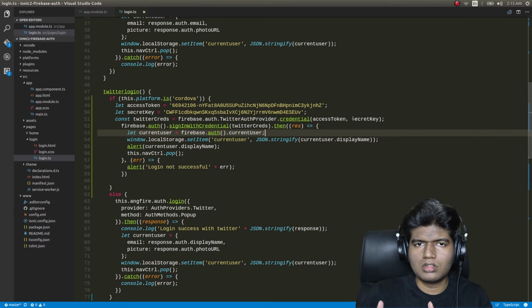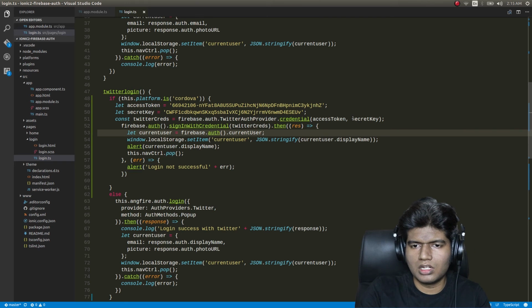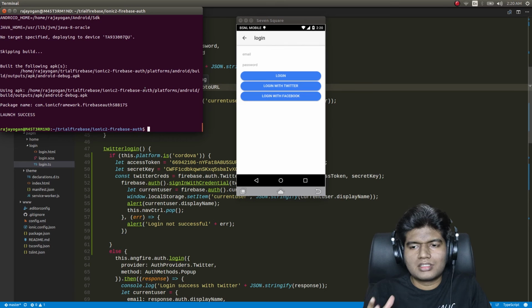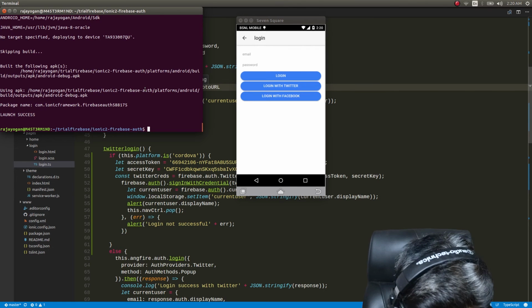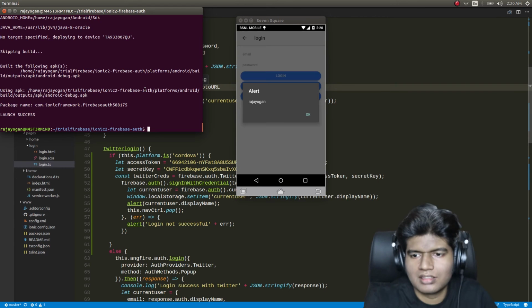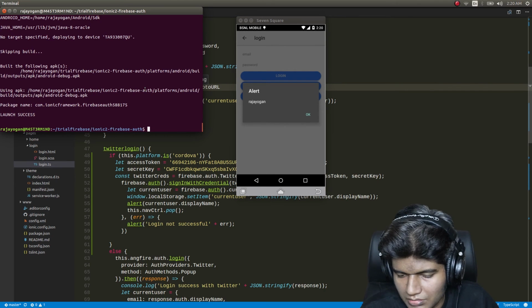So now I'll run this as well and show it to you. Okay, now that our app has loaded, let's try login with Twitter. See, it logs in fine, right? This alert is showing up because